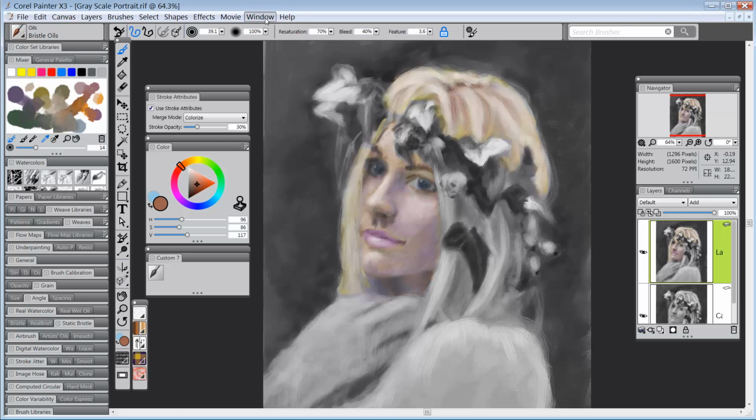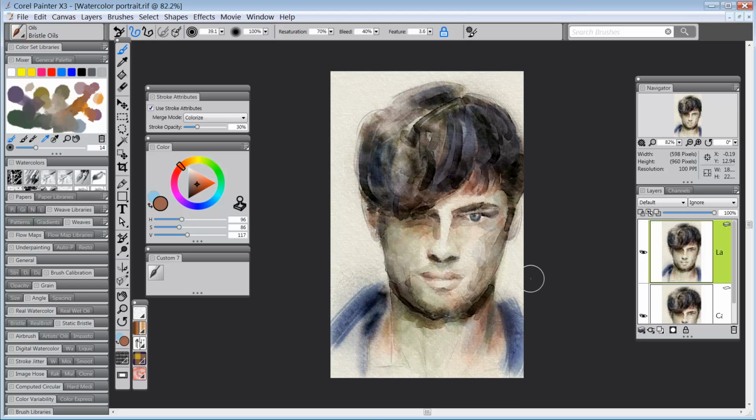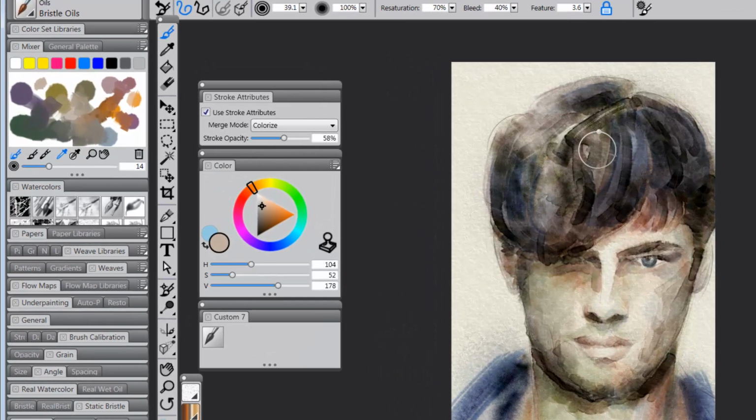Sorry. I'm going to open up a watercolor portrait that I did. And this one is not grayscale. And you don't really have to have grayscale. You can work directly on color. So, for instance, if I took this image and I've got that